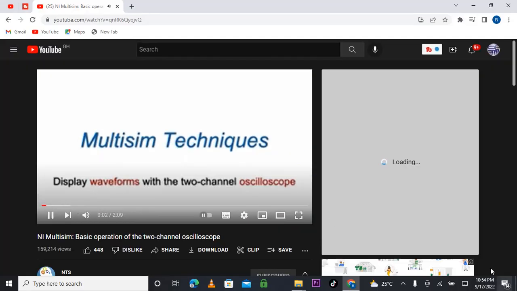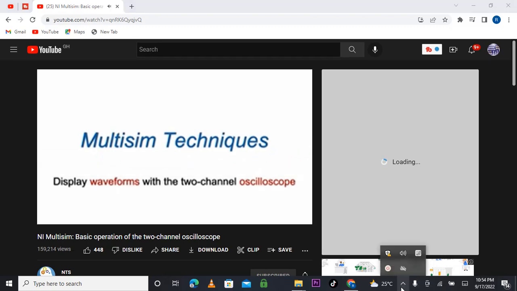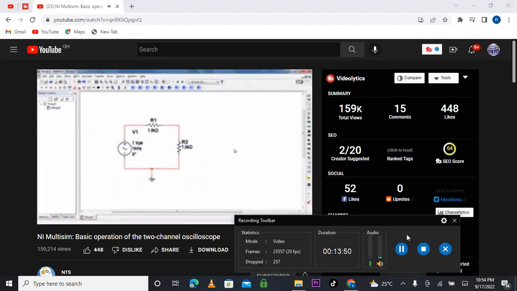Let's learn the basic operation of the 2-channel oscilloscope to display waveforms. I have a circuit with a 1